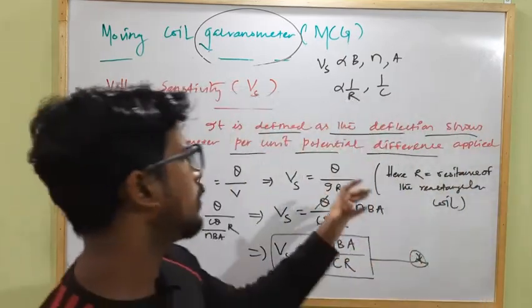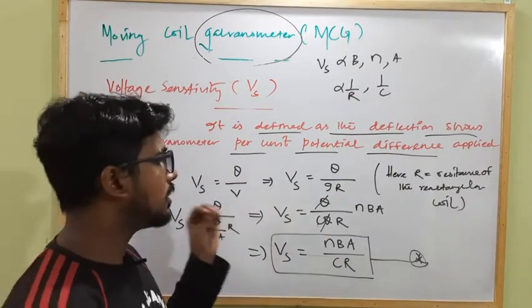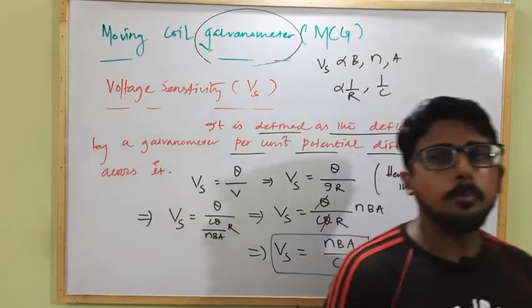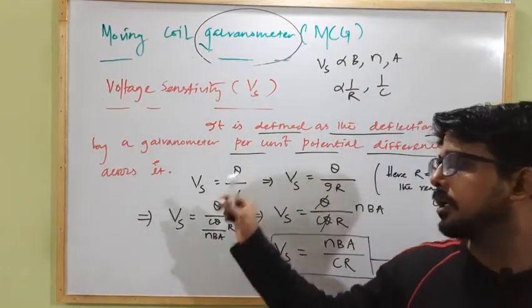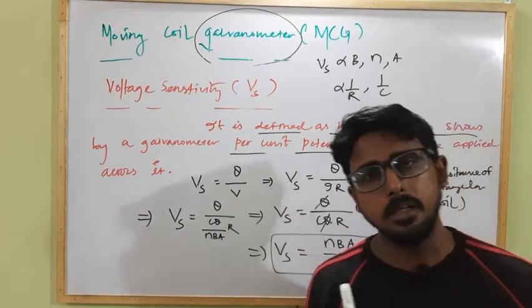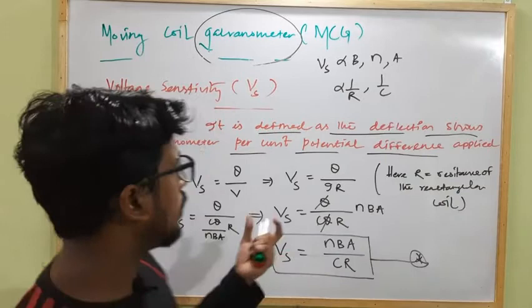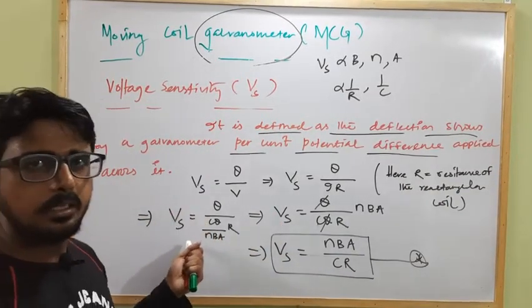That's why the moving coil galvanometer can become a dead beat type galvanometer, which will not allow the pointer to oscillate even after the removal of the current. It gives us a perfect deflection. Clear? These are some advantages of a moving coil galvanometer for which we are using this. Clear? Okay, thank you.